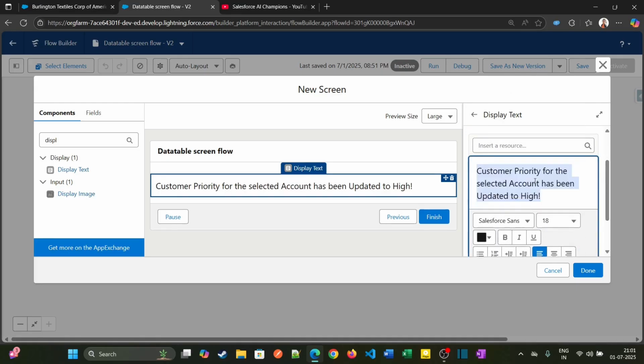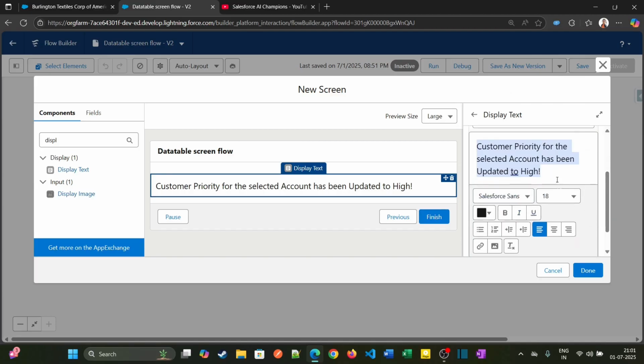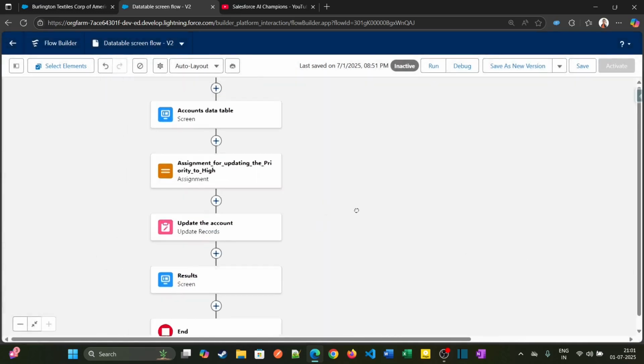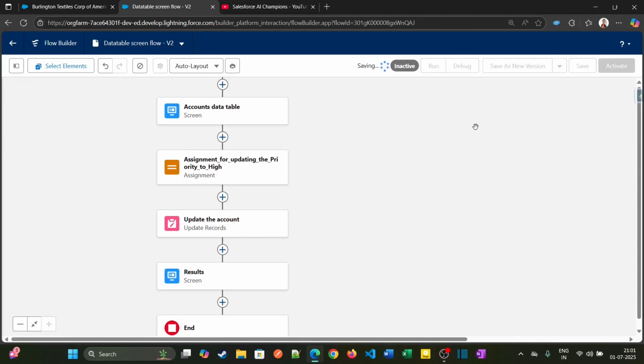I'll just increase the font size and we are good. I'll be just saving the flow